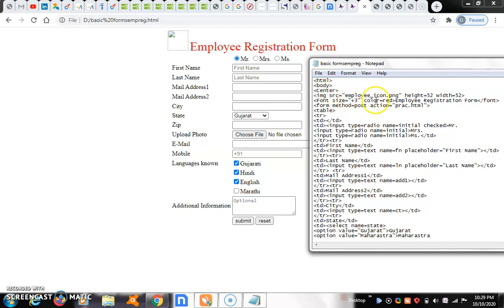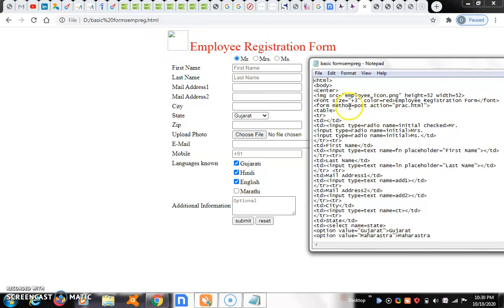This employee underscore icon dot png is an image file, height 52, width 52. This image file is not available in the D drive, so that image is not displayed.